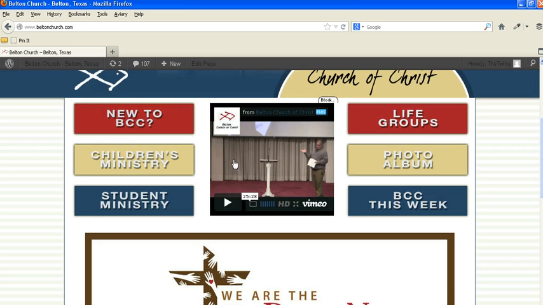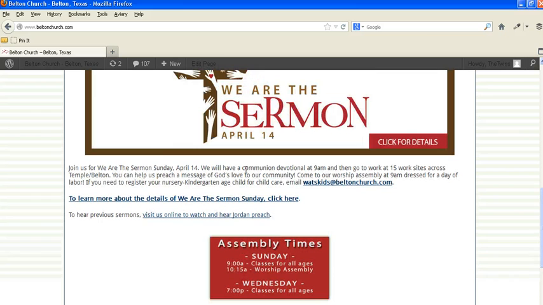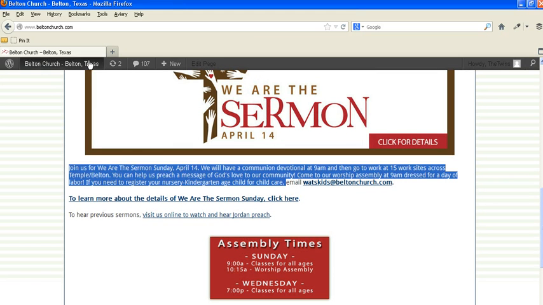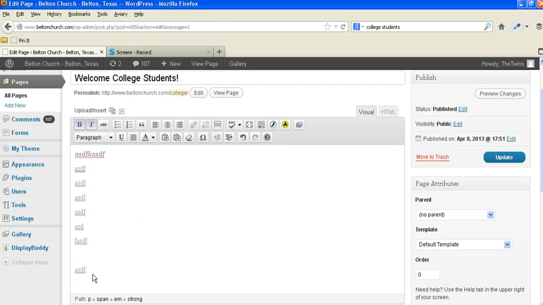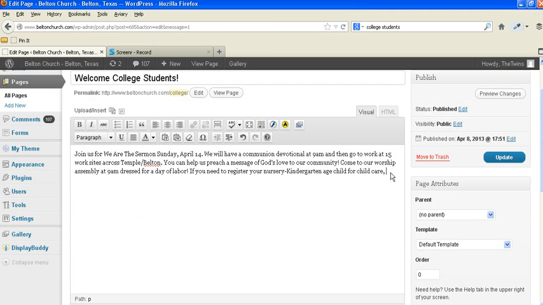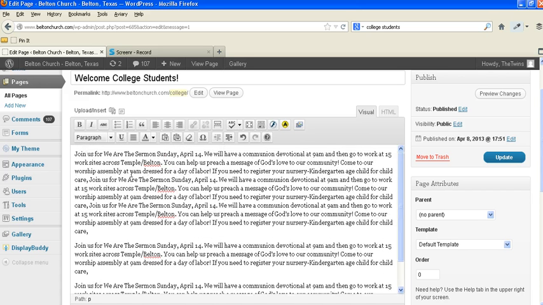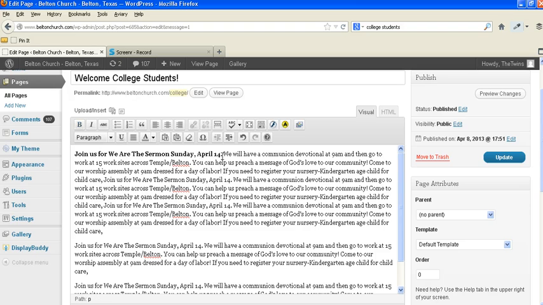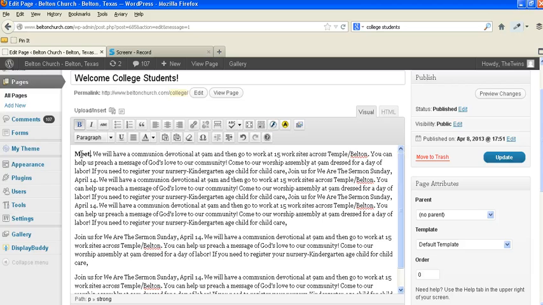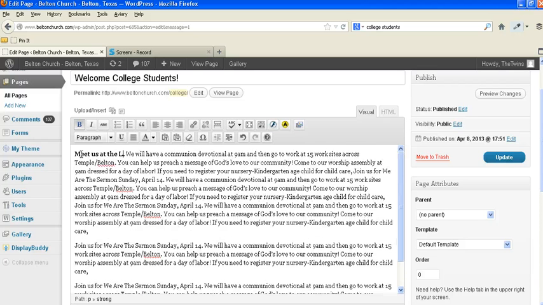Let's say I'm going to use, just as an example, here's some text that we can just copy. We just want to copy this and we're going to use this probably multiple times just so we can have a lot of text on the page. Okay, so let's say we're going to come to this page and we want to bold this stuff right here. Well, we just typically bold it. But let's say we want to say on here and meet us at the life groups